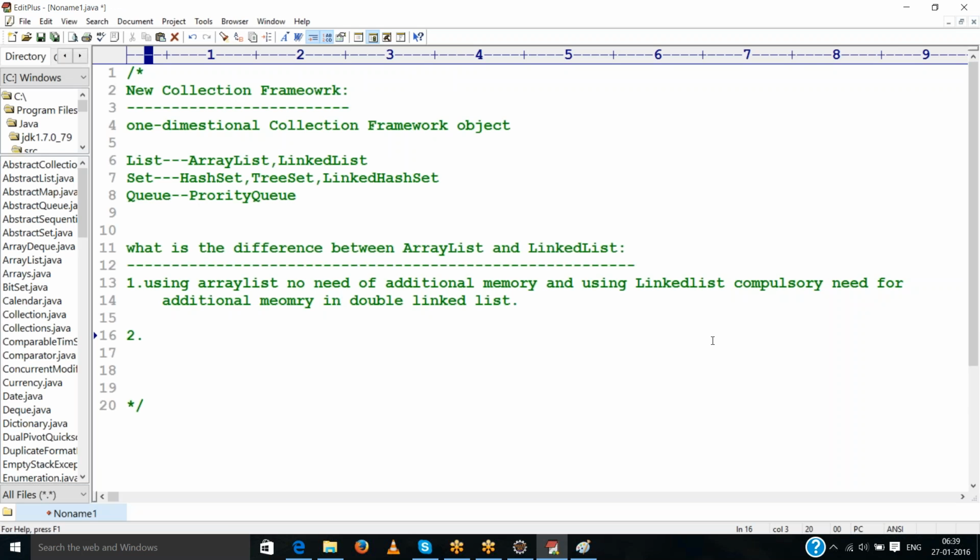Okay. Second point is, array list is very slow compared to linked list. Third point is